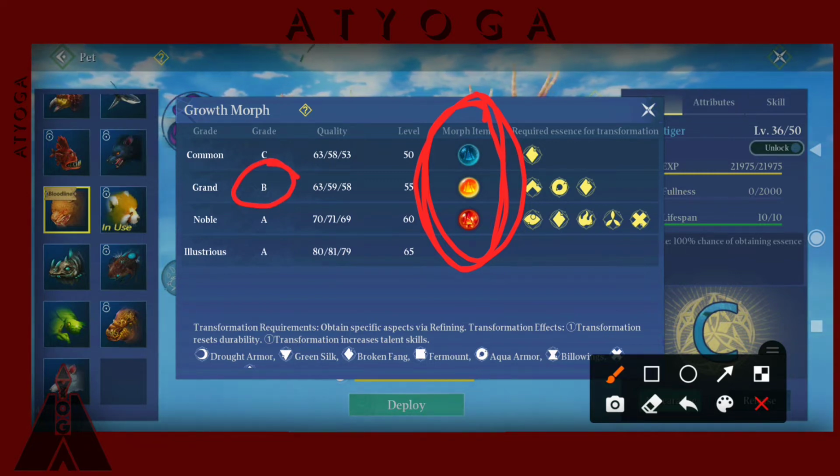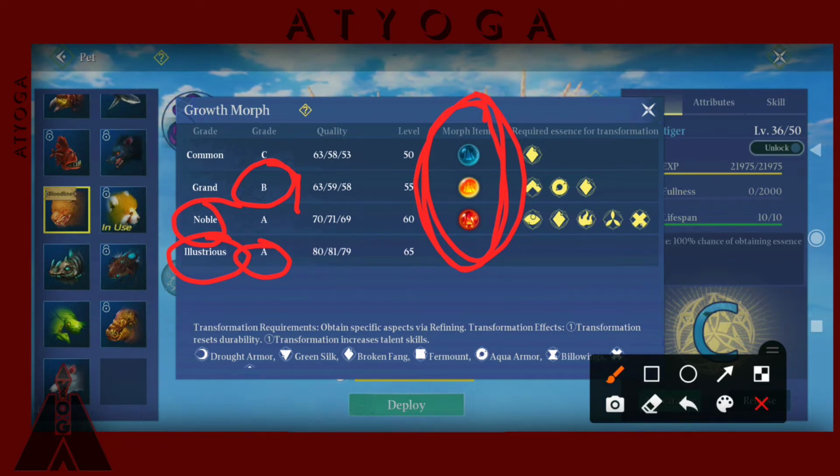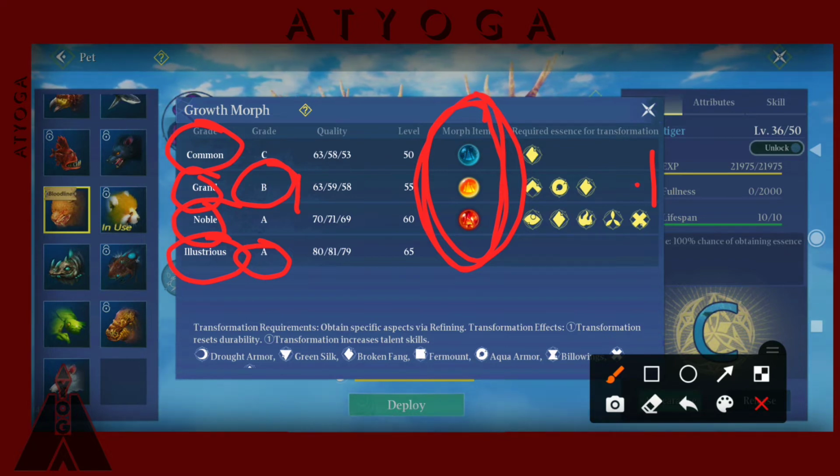the grand pet, we should just upgrade that, because at least we get the Noble or maybe the Illustrious, yeah, what is called like that. It is also A, and I don't know if they have S above that maybe. Well, it says A right there. So if you have the common, you get 2 upgrades, right? Then you get grand, you get 2 upgrades, and so on and so on. So yeah, that is how